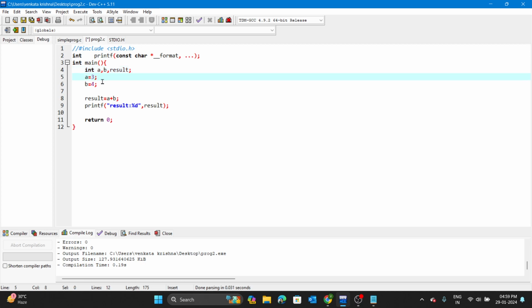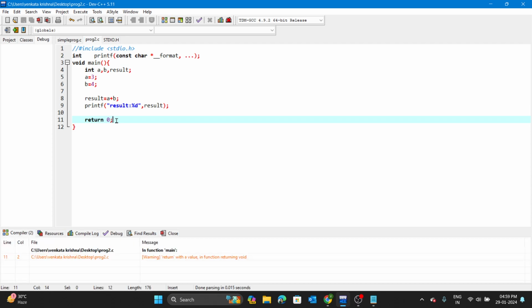some values inside variable a and variable b, and then I have added those two variables and I have stored the sum in the result variable, and I have just printed it by specifying the format specifier here, and I have used the result as a parameter here, and I have written return 0 because I have created my function as integer type. If I use void, I don't need to write a return type. Even if I write it with void, it will throw some warning message. Warning message is something like